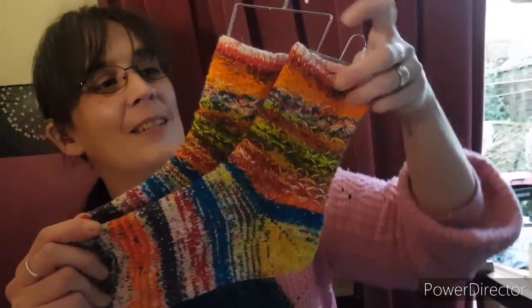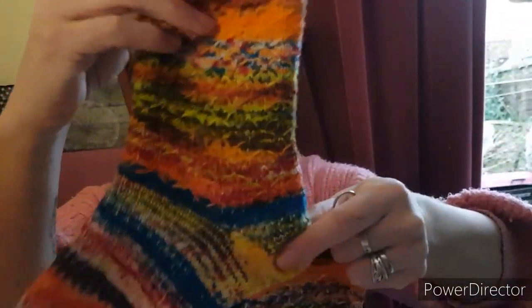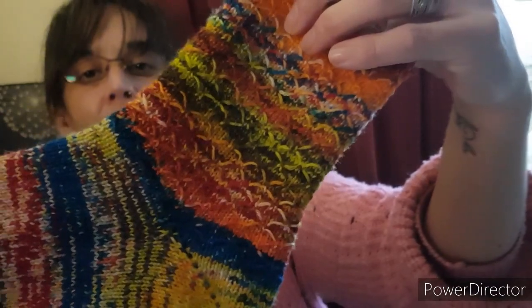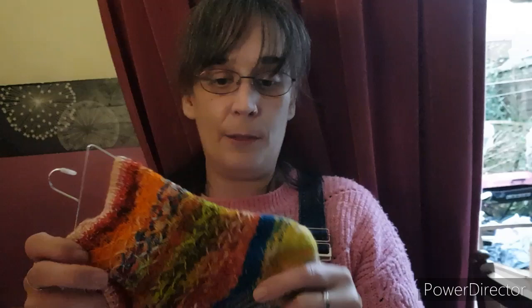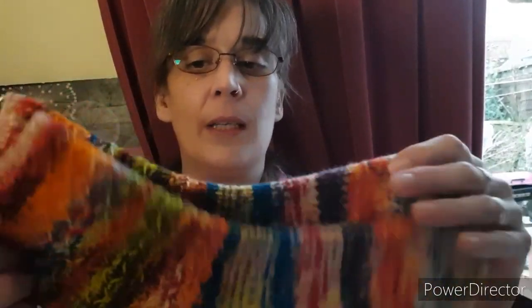Next up, I finished my January socks. Now, these were made from a sock blank that myself and my 12-year-old dyed up, and I knitted them. These socks are actually for myself, so I haven't got a pattern for this. It's a flat knitting stitch pattern that I found, which is called the Trellis stitch, and I just converted it to work in the round,